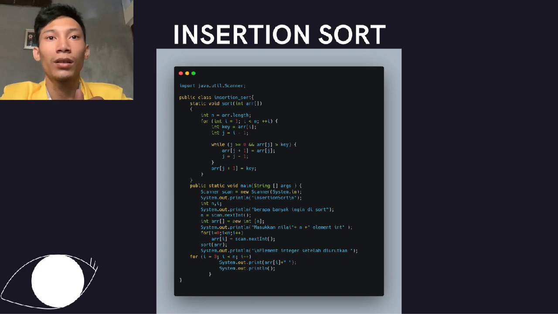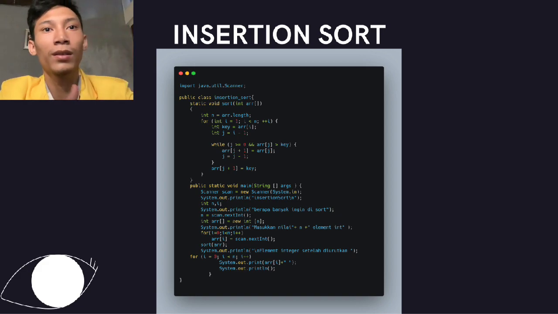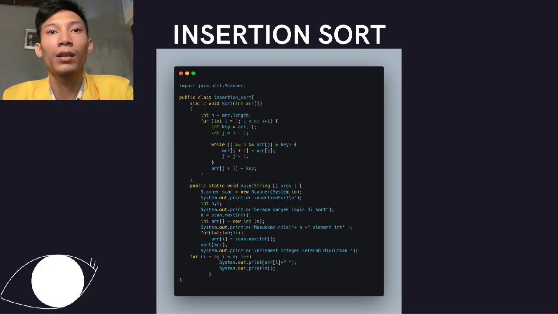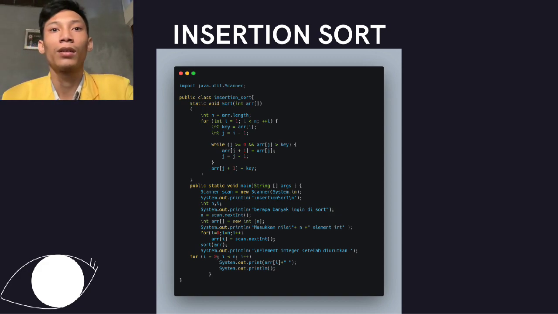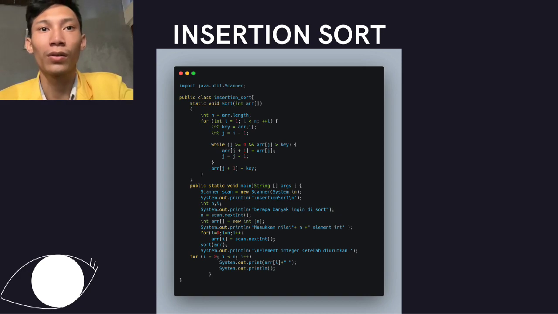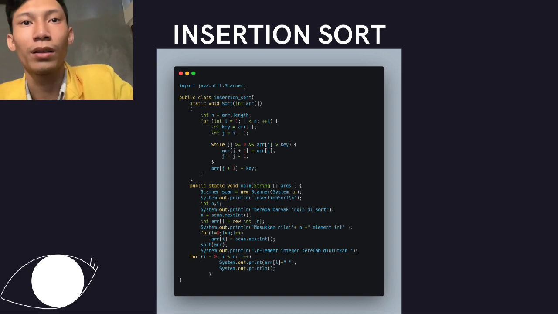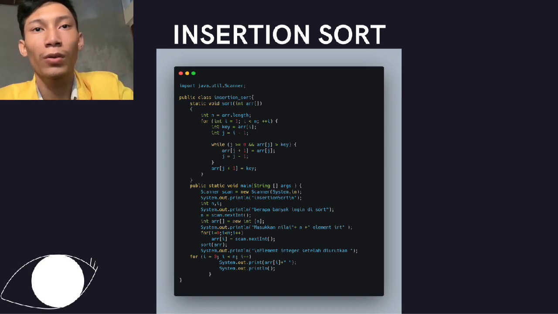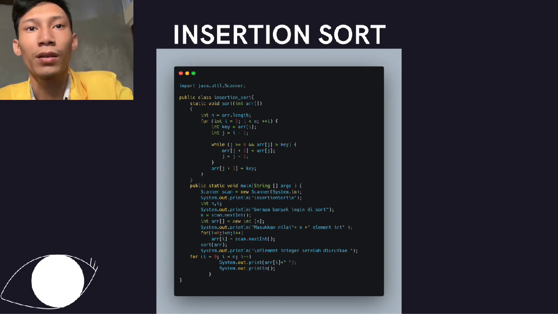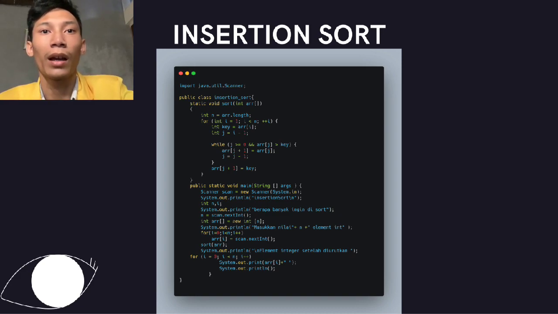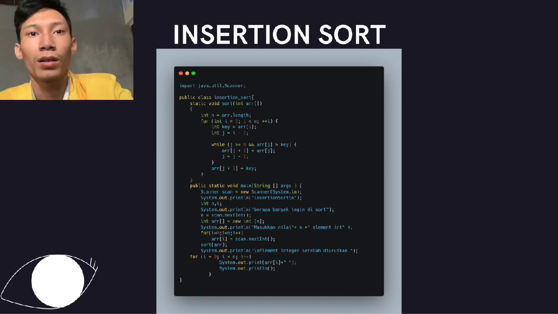The insertion sort code is, firstly, we make a public class InsertionSort, and then the sorting method using a for loop with integer i equals 1 while i is smaller than n, and then integer key equals array[i], and then the while loop.